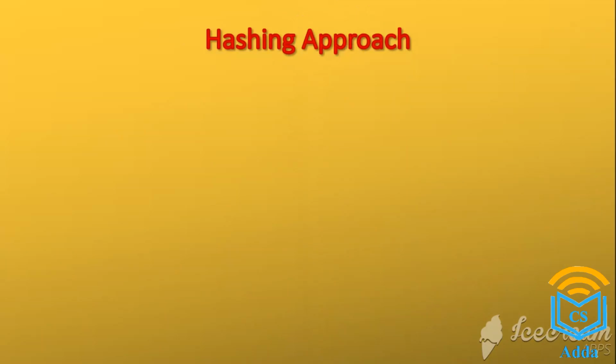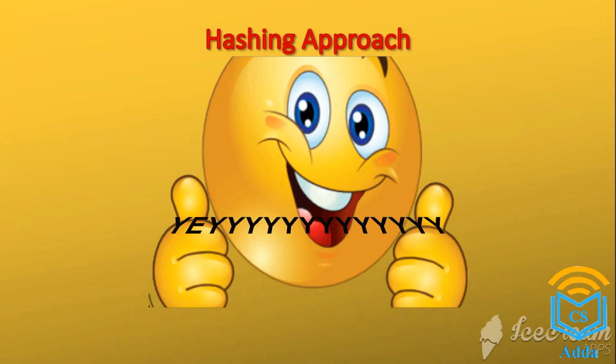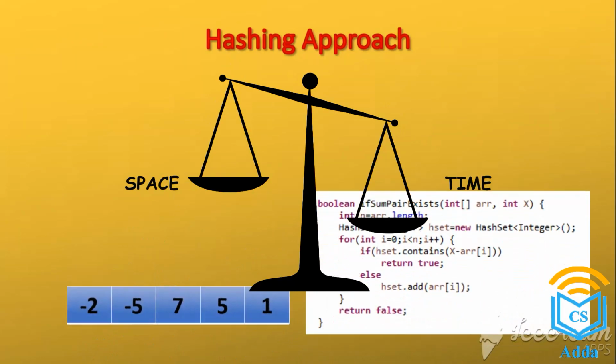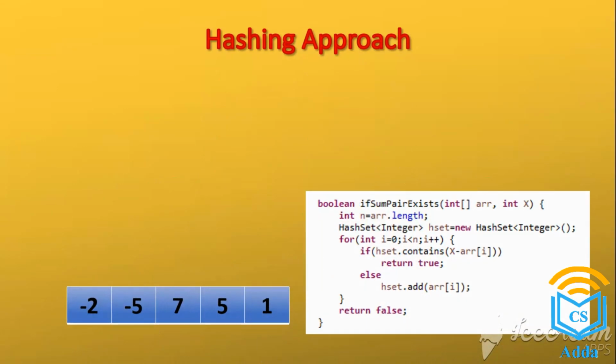So you can see we have reduced the time complexity from n squared to n log n quite successfully. But can we do it more? Yes, we can. But we have to compromise some of the space that we have used previously. We can do it using hashing. Have a look at this code. I have used Java over here, but you can use any language of your choice.